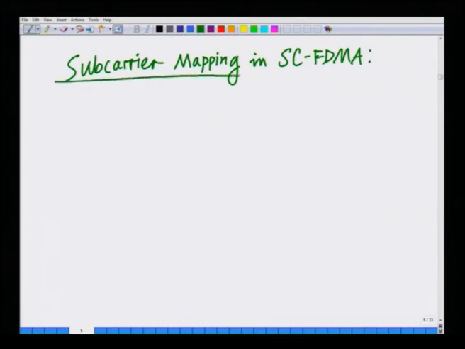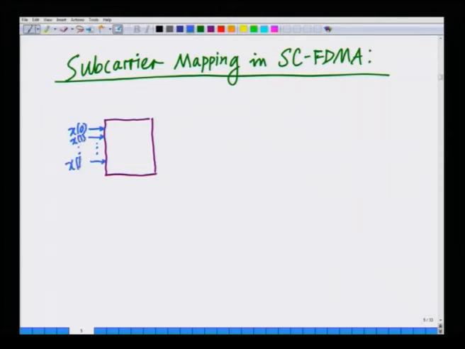How are these subcarriers mapped in SC-FDMA? If I look at a subcarrier mapping operation, let me go back again to my SC-FDMA transmitter schematic. I have an incoming stream of M symbols, x0, x1, and so on up to x small m, which I am mapping to